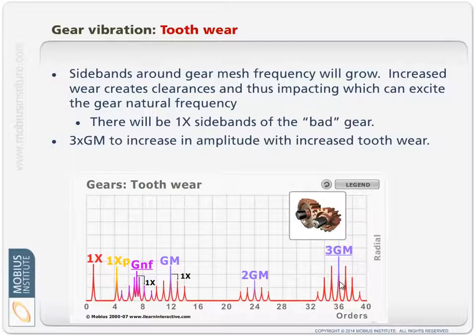Number one, I'd want to look at the time waveform. Number two, particularly in a case like this, I'd want to look at the lubricant itself, because if there is wear, that means there will be metal particles of the metal that is used to make the gears. I expect to see that in the lubricant, and an experienced analyst, a lubrication analyst or wear particle analyst, can look at the shape and size and color of those particles